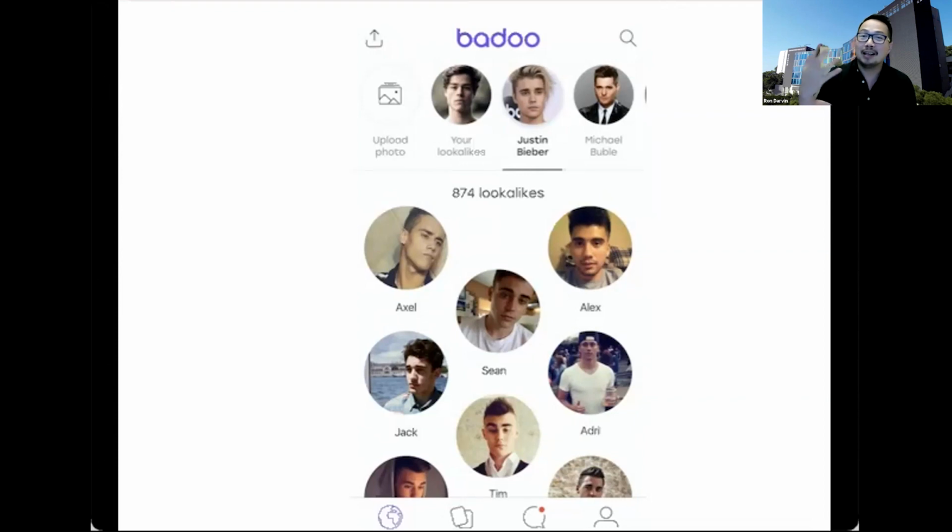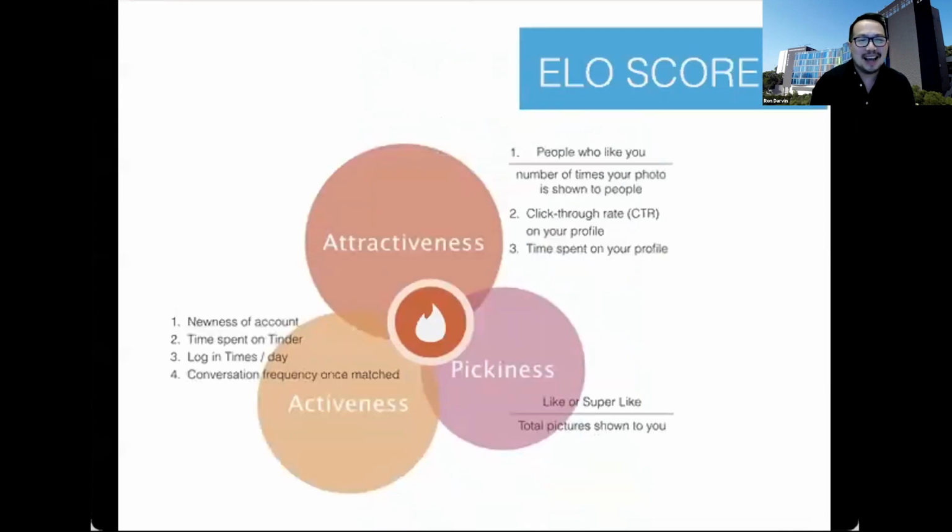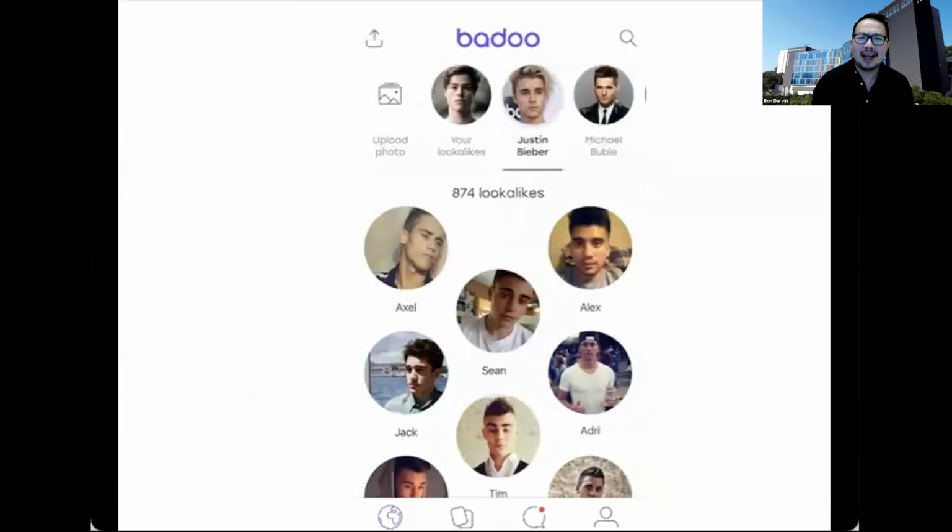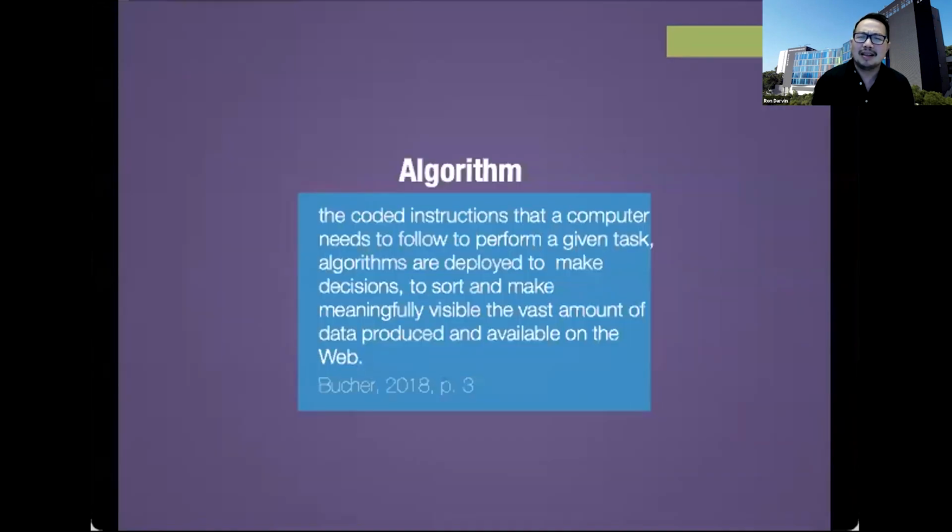In fact, if you're hung up on your ex, you can even upload a picture of your ex, and again, the app will look for users who look like your ex, which I'm not sure is a healthy thing to do at all. But again, we see how there are different algorithms at work